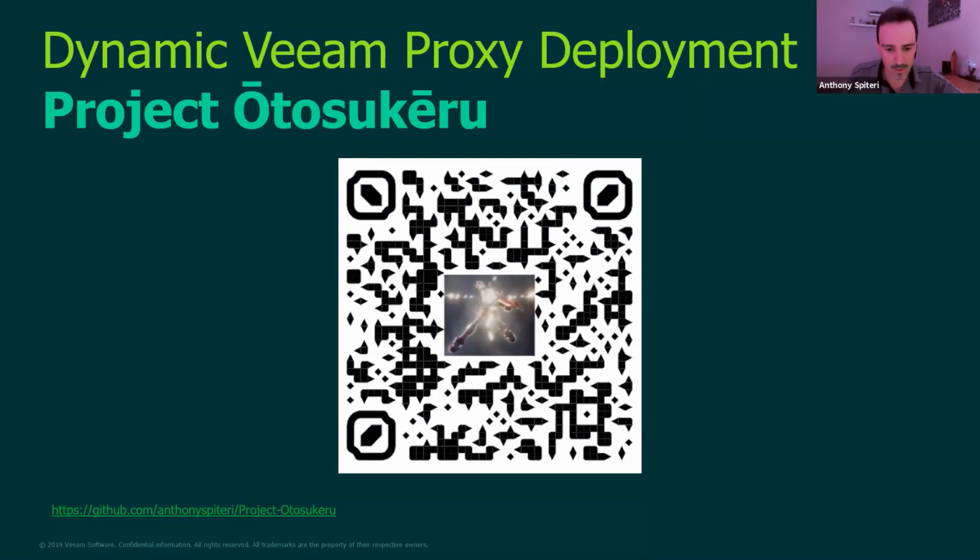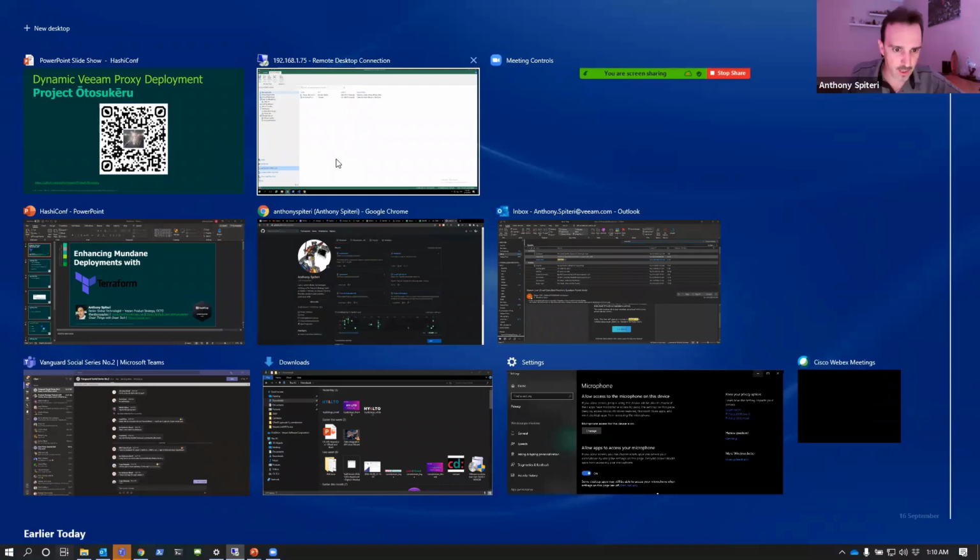Now it's in GitHub. You guys can actually scan this. You can go to that address and you can actually see the code and download it, clone it, and do whatever you've got to do. Now, but what does it do? How did I get this working and what is its point? So let's go back to the remote desktop.